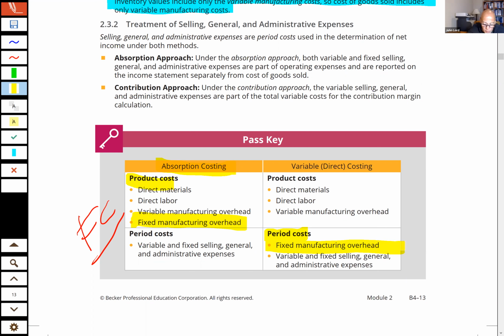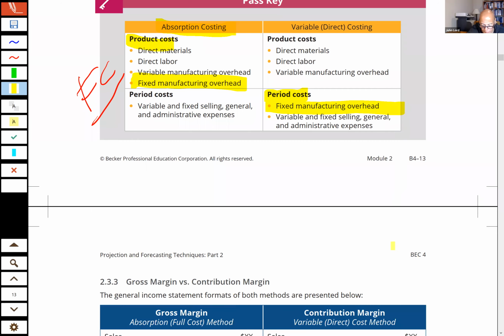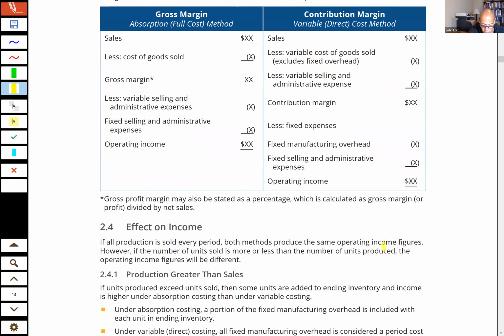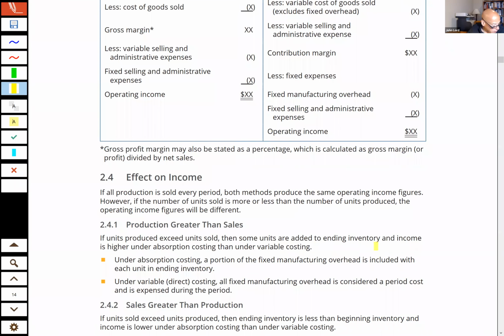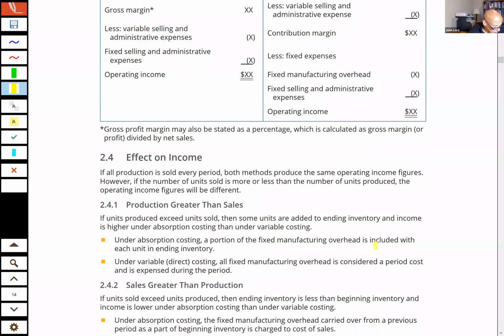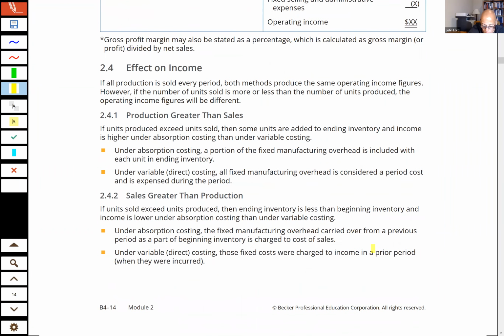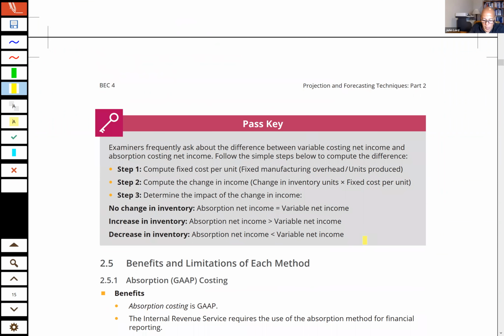Okay, good. Let's go ahead. We don't need to look at this one, since there are no numbers on it, so it's not very useful to us. But let's look at the effect on income. I just want you to look at the passkey on this, which I think is better. So what happens if we have